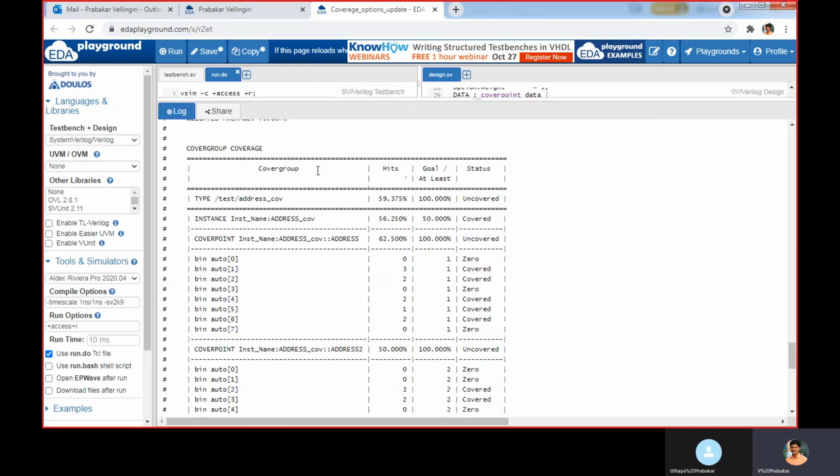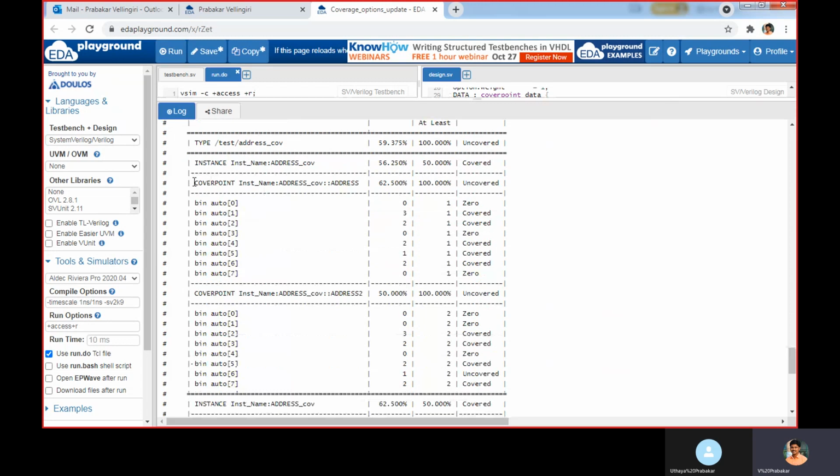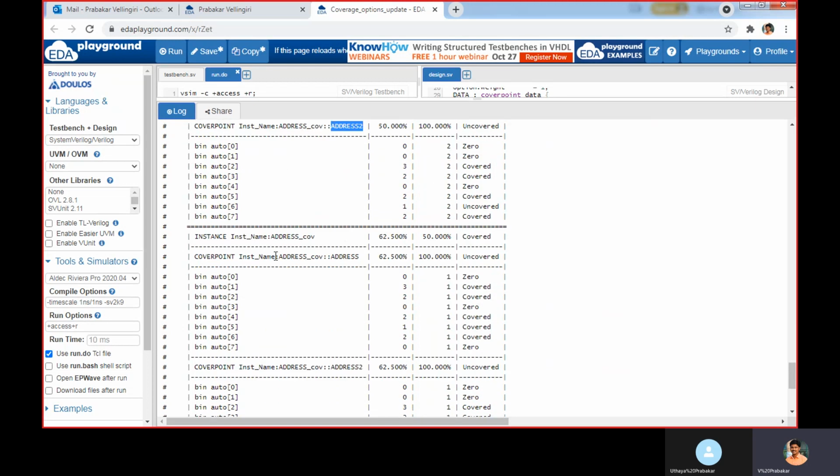This is for the first, my cover 1. My cover 1 consists of 2 cover points: one is address, another one is address 2. And this is for my cover 2.